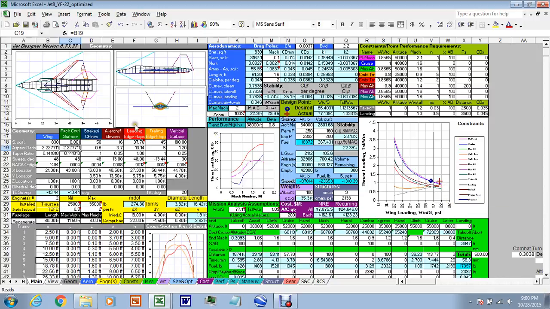So how are we going to control the pitch attitude of the aircraft if we have no horizontal tail? How do we flare for landing and rotate for takeoff, and how do we trim the aircraft in flight? We're going to do it with elevons, and we're going to make those elevons from the ailerons that are currently modeled on the F-22. If you notice here in column E, the user interface for the ailerons, it's actually titled